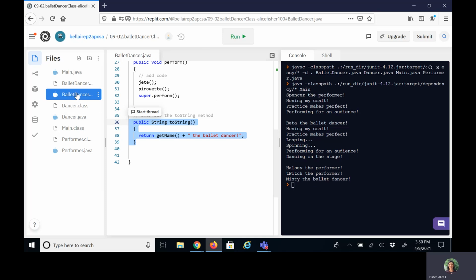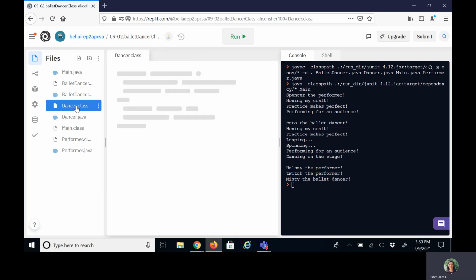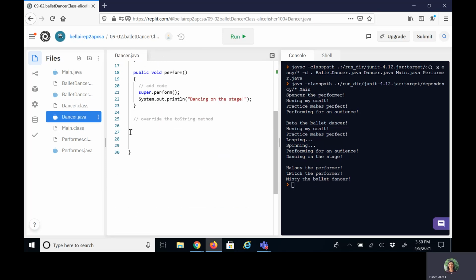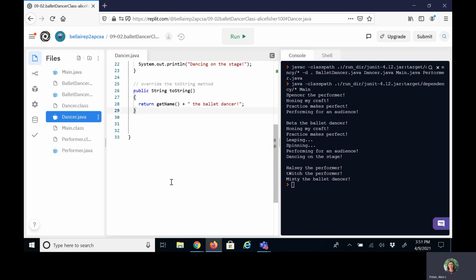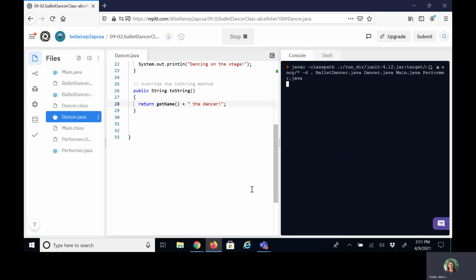And this is going to look very similar in the dancer class. We need to override the toString in the dancer. So we're going to have to call on getName, because again, this is a dancer class. It just inherited name, which in turn, the ballet dancer inherited name from dancer, right? It's interesting. But here we're going to say the dancer, Twitch the dancer. Okay, so now when we run the program, we've got